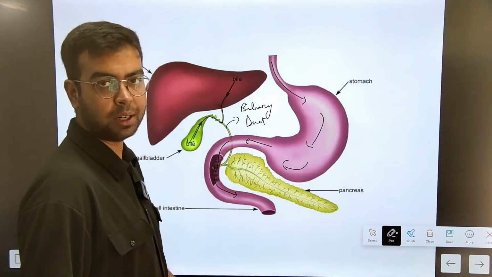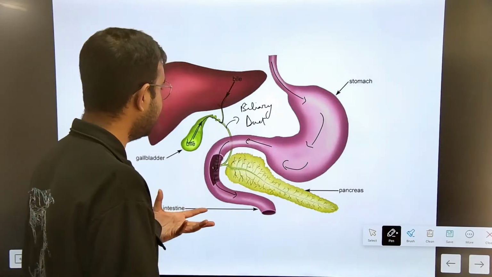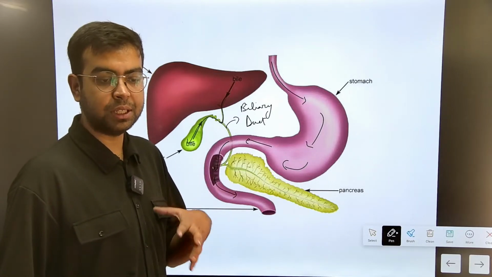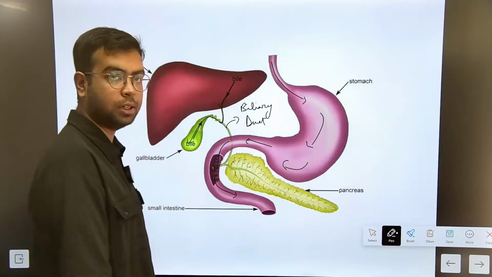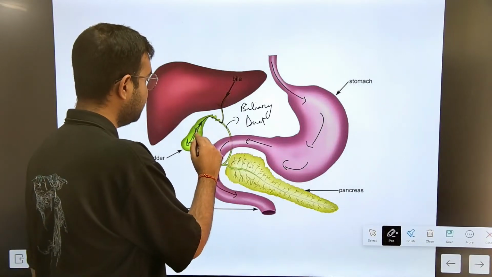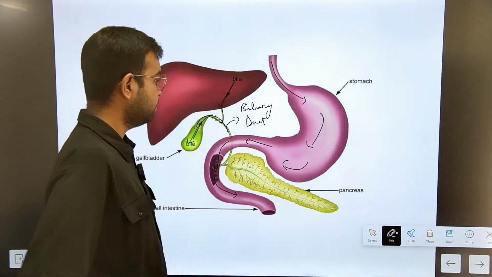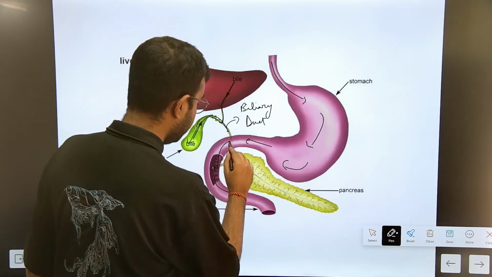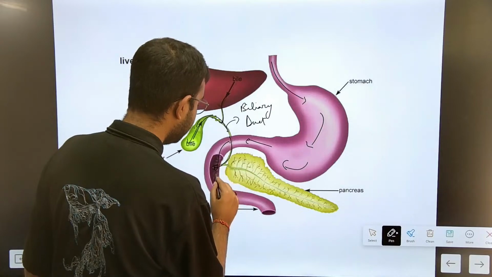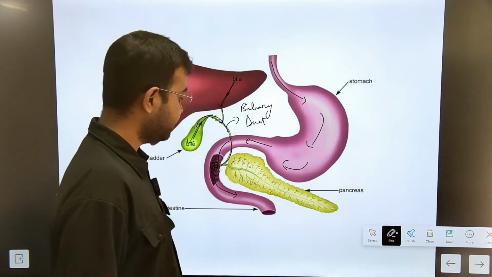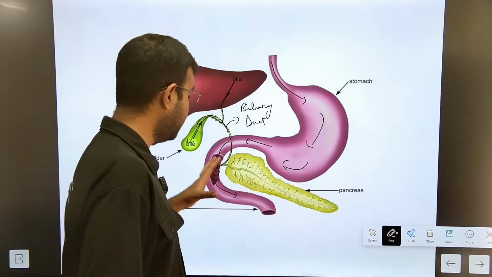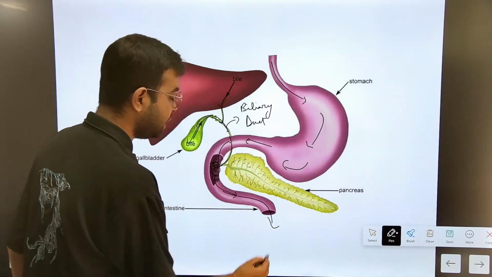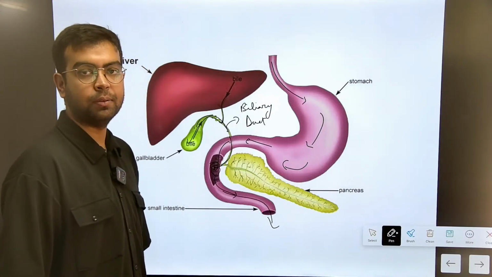The bile juice is secreted into this duct and will be stored in the gallbladder until we eat food, because we do not always keep eating. When we are not eating and the liver is secreting bile, the bile is stored in the gallbladder. As soon as we eat, the gallbladder releases the bile juice into the biliary duct, and at this point, as you can see, the bile juice gets released and mixed with the food. Whatever fat is in the food, the bile will emulsify it so that later when the fat reaches the intestine, it can be easily broken down and digested by lipases.